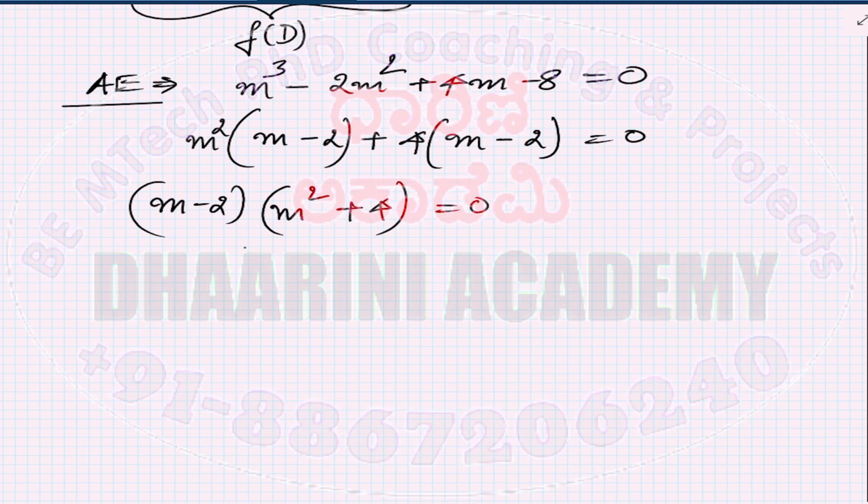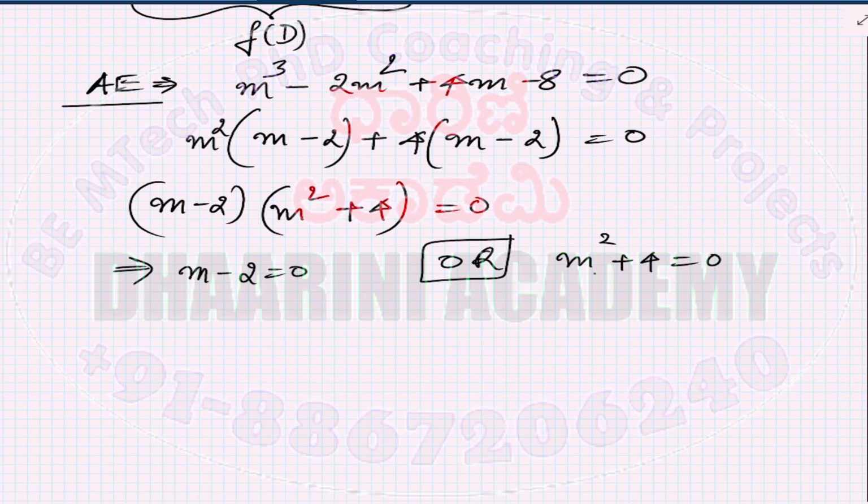Whenever there is a product and you equate the product to 0, either of the terms has to be equal to 0, then only the product is 0. This implies either m minus 2 equal to 0, this is one possibility, or the other possibility is the second term, that is m square plus 4, has to be equal to 0. If the first term is equal to 0, I obtain m equal to plus 2. This is my one root. For the second root, m square is equal to minus 4. So m is